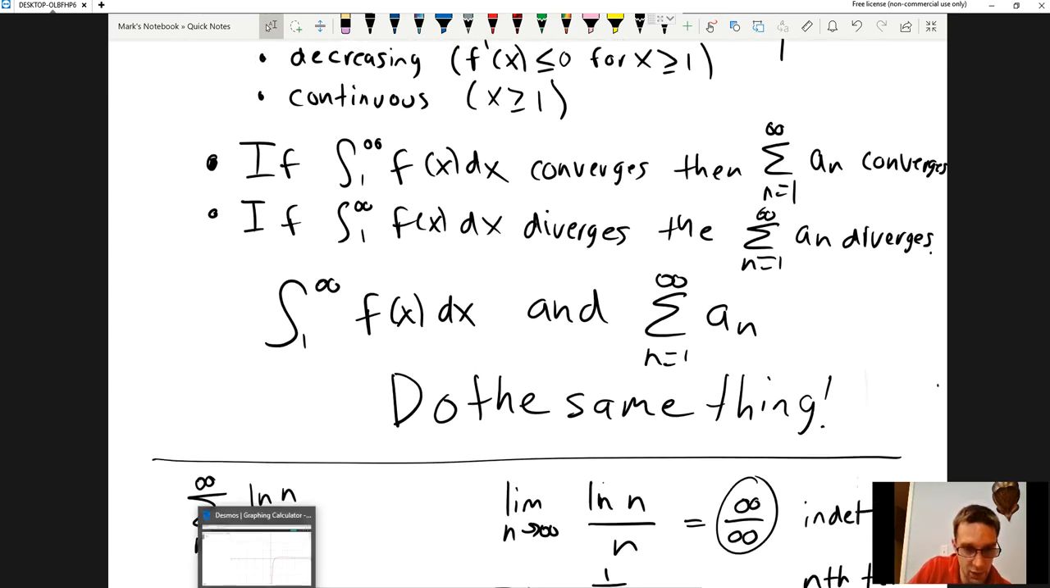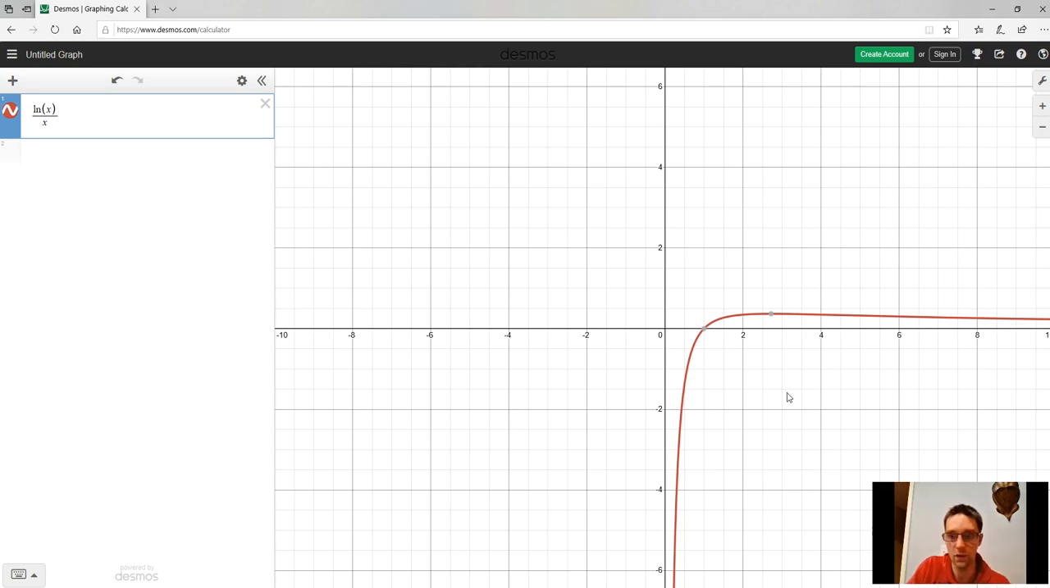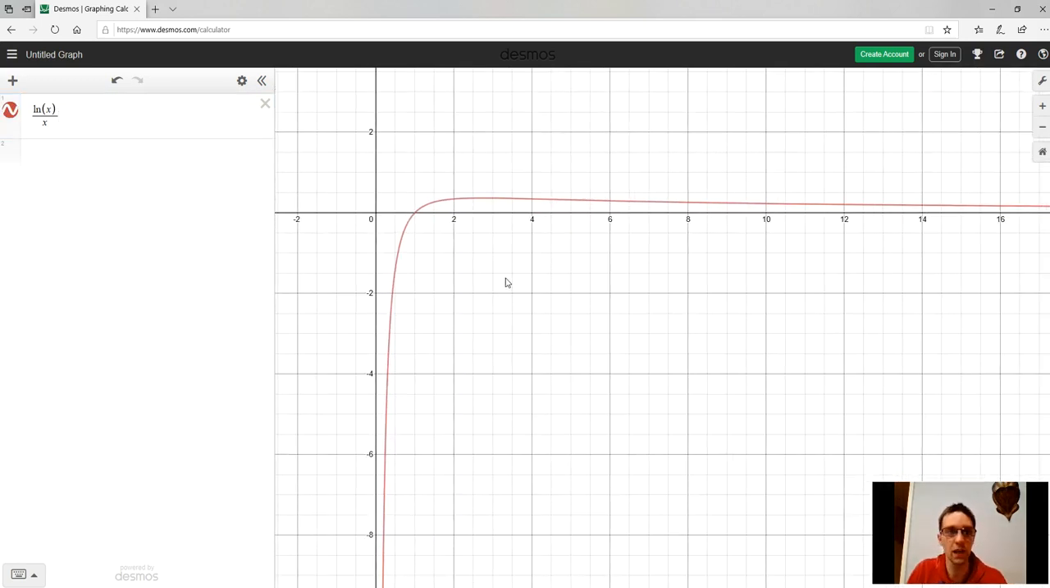I've got Desmos up. And so here's what the graph of log x over x looks like. And you'll notice that it reaches a peak value around what looks like e, 2.718, and it's decreasing and positive and continuous after that. But before that point, it is not decreasing, it's actually increasing. And so technically, as we've stated the integral test, it cannot be applied to this problem. However,